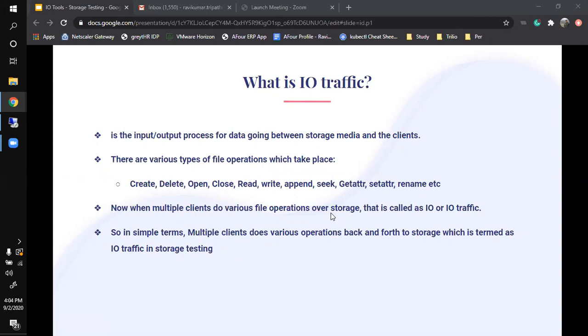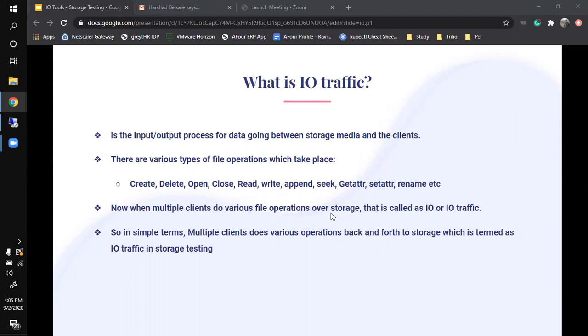Okay, let's start. So the first point is, what is IO traffic? IO is simply input and output. Now consider an environment where we are discussing storage testing. We assume that we have a storage component and we have multiple clients. To utilize the storage, majorly what we do is various file operations on the client side, right?